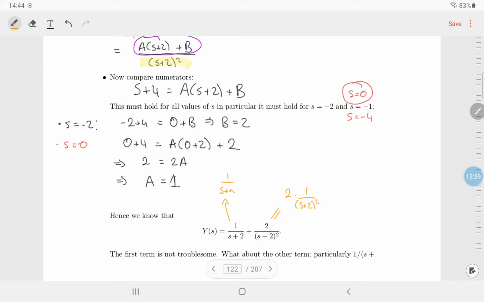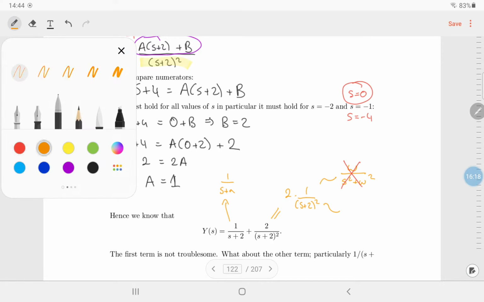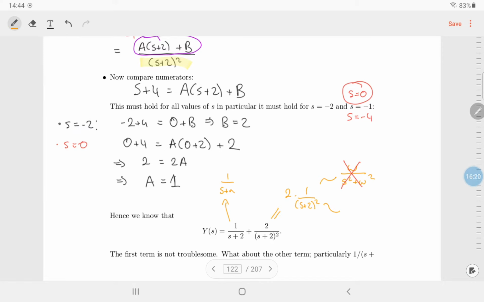So if we look in the tables, there are some things you could compare it with. You could compare it with omega over s squared plus omega squared. But it's just not of that form. It isn't s squared plus something squared. That's not working. And you have to look in the tables and have a good think. And obviously the best way to get good at this is to do lots of questions and get used to it. But this is actually like a 1 over s squared,